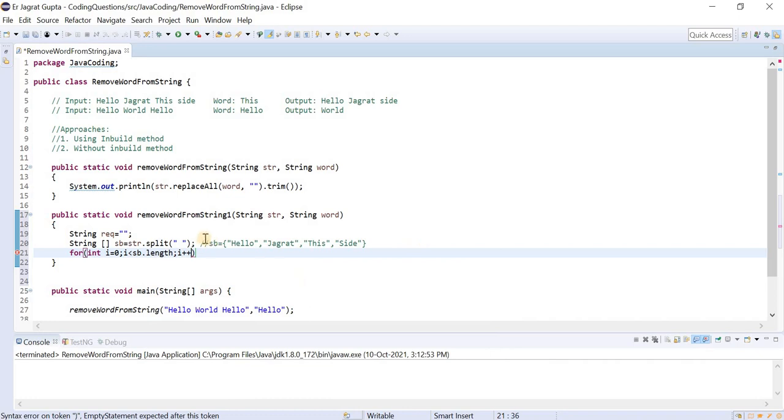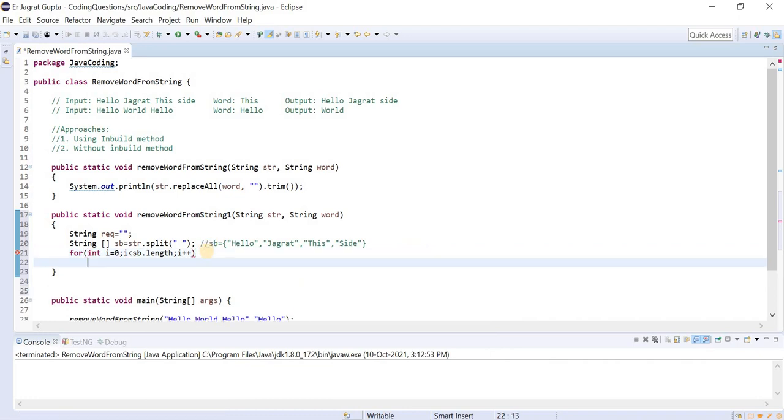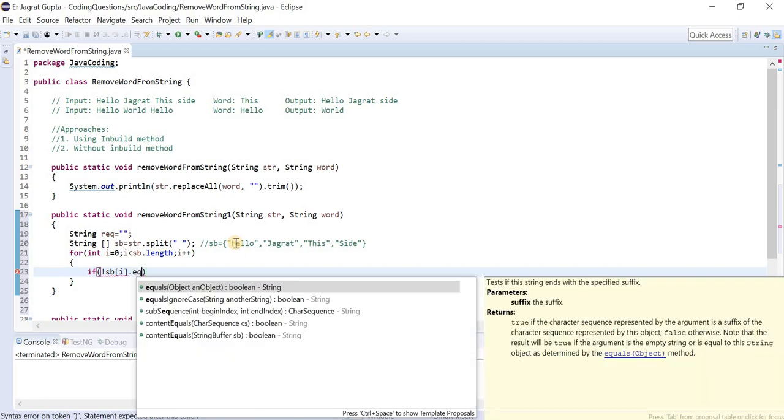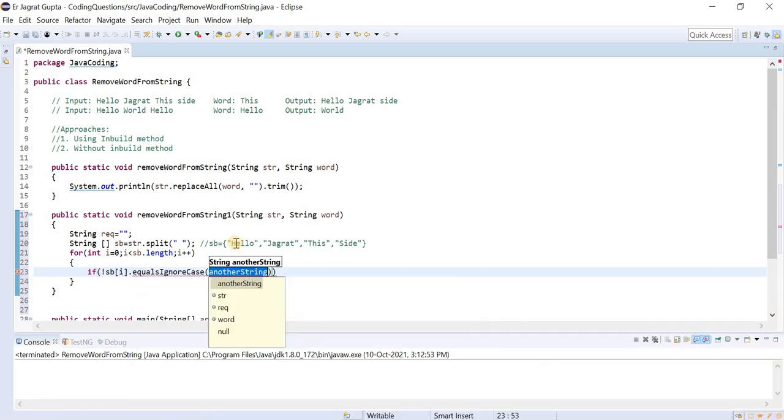I will iterate this array of strings one by one, and here I will apply the condition that if not equal to SB i dot equalsIgnoreCase, and that is that word.